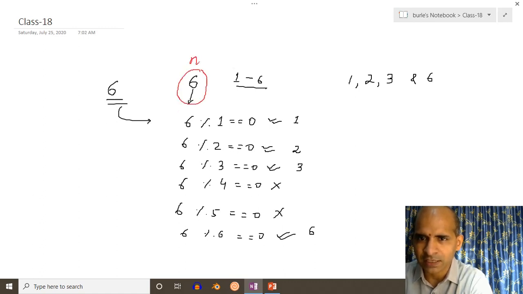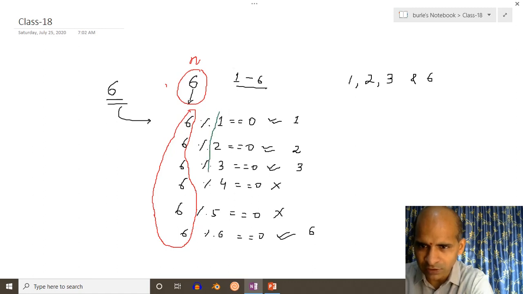So let us take this number as n. Throughout your program, whenever you apply a condition, it is based on n, which is 6 here. But the values 1, 2, 3, 4, 5, 6 are in a sequence, so wherever a sequence is available, we have to take them in a loop.